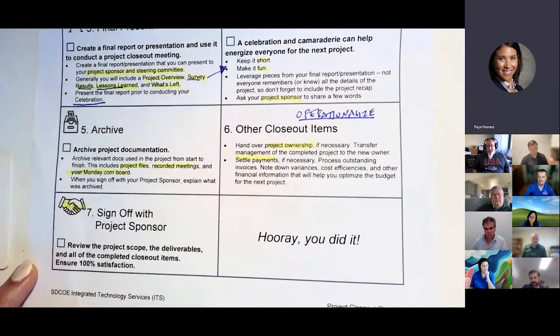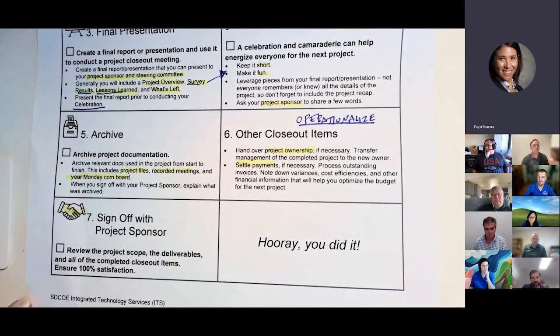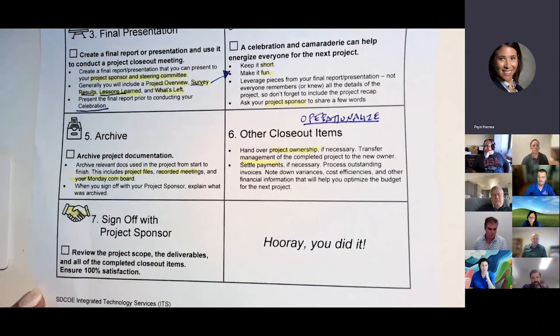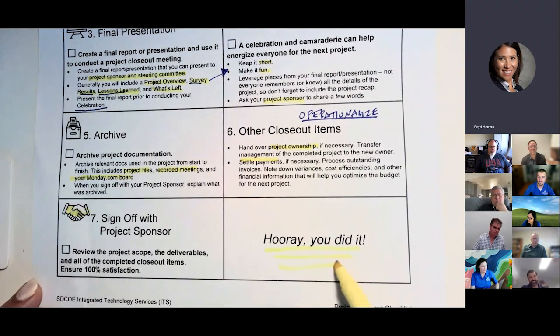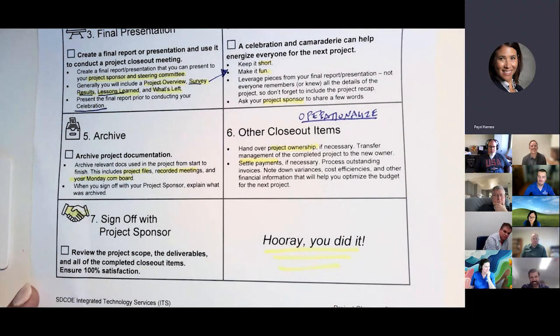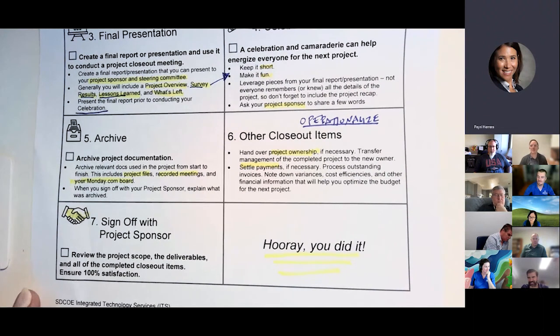It's the handshake with the person who wanted us to have the project done. And you might be the person in this case, so you might be shaking your own hand. But for many of us, we're reporting to others who asked us to do this project. So this is basically making sure, hey, this is it. This is the end. We're done. And then at that point, that's when you go to happy hour and you are officially done with your project. That's if you truly follow the closure process.